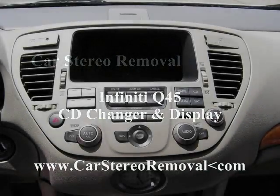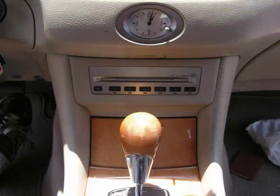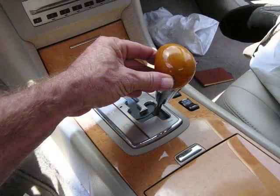Today we're going to show you how to remove the control panel for access to the display on the Infiniti Q45 along with the CD changer removal. We're going to start with a more difficult removal. We're going to set the parking brake, shift to a lower gear, and take our pry bar and work along